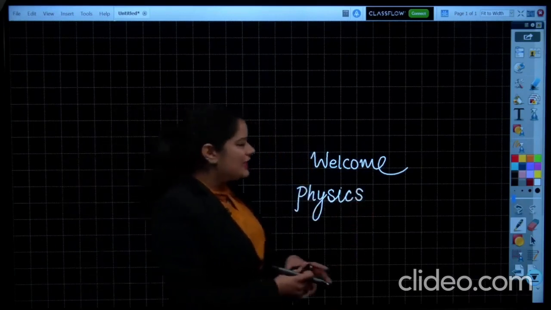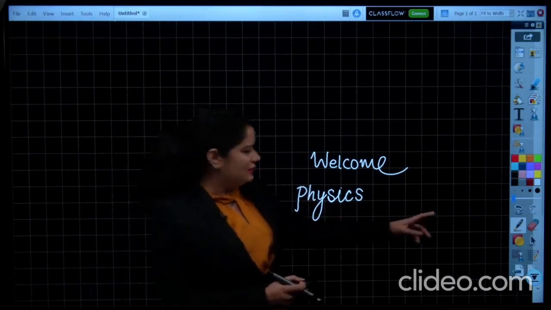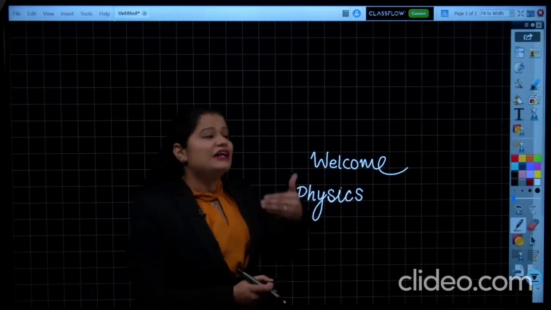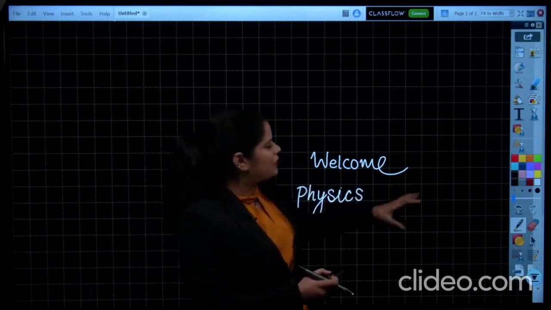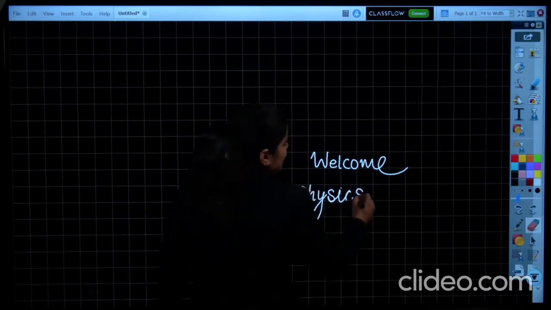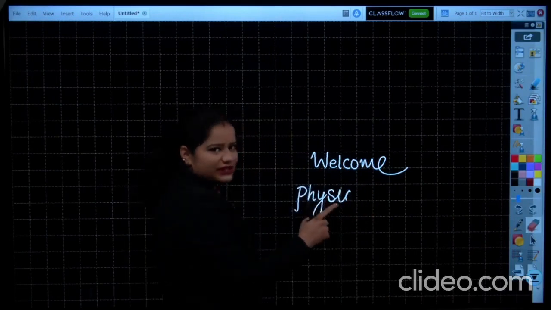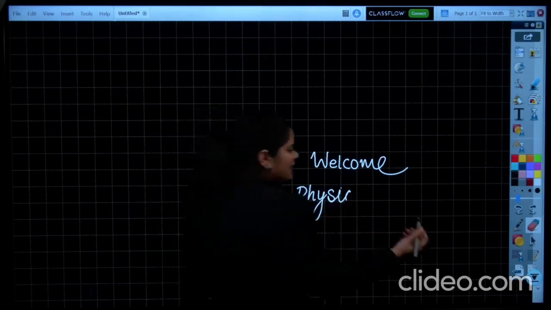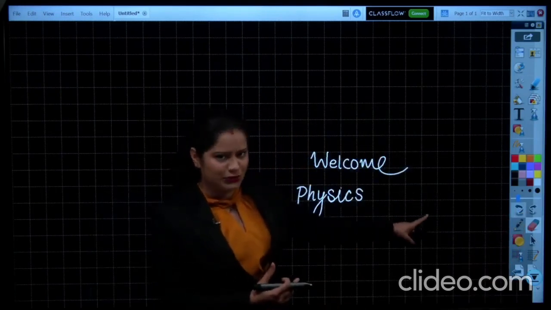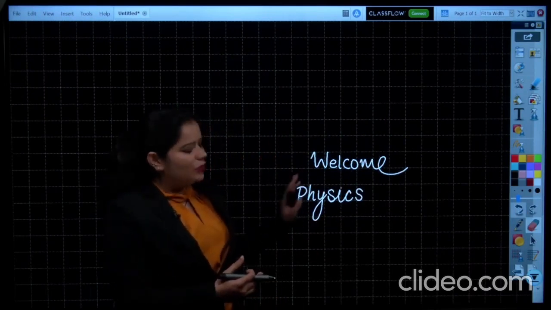Instead of using the eraser tool in the class, you are free to use it if you want, but avoid using it because it might be possible that once you use the eraser tool, I just want to remove S, but you can see C also gets removed with that. So instead of using it, it would be much better for you to use the undo tool. I hope this is clear to you.